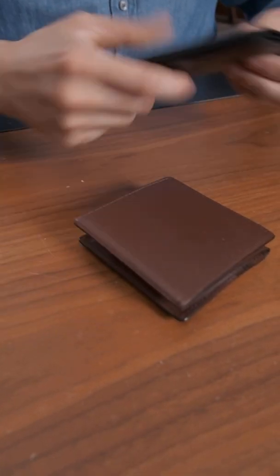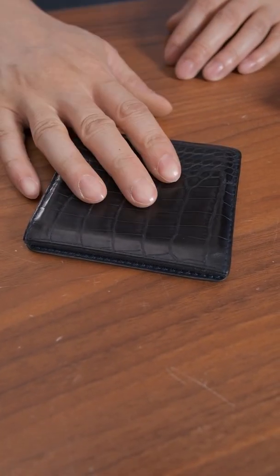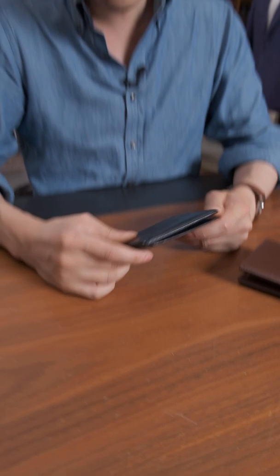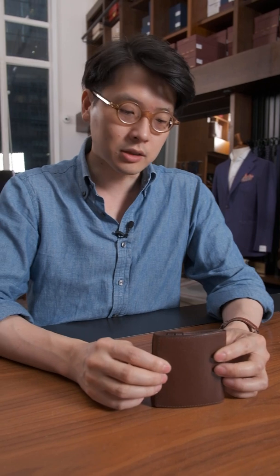And so this was the last prototype that we did in calf, just to check the design. And then finally we ended up with that, which is an alligator. And I've managed to use this for many years. I've really enjoyed having this wallet, because having a spot for receipts is pretty handy, and it doesn't get mixed in with your cash. And I designed this wallet to be as compact as possible, but still be able to